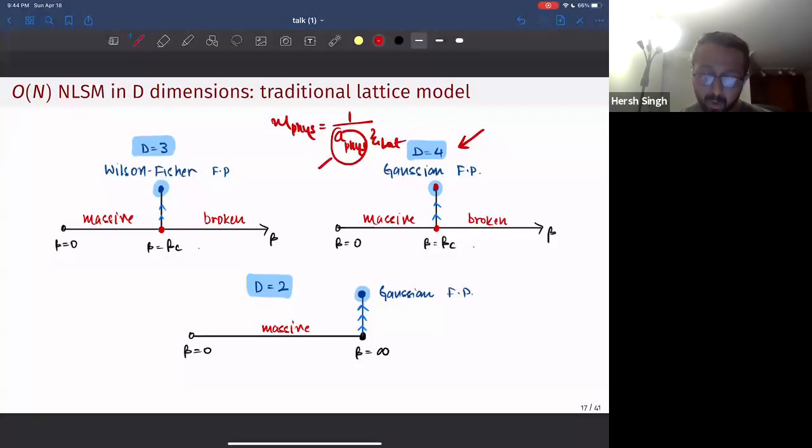Now if A goes to 0, then this has to blow up. So that's for sure true, that you have to approach the critical surface to get the continuum limit, right? So that's true for sure. But how you take that limit, how you approach it, can change what continuum limit you get.